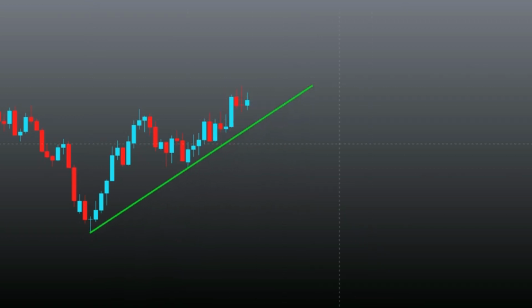Mr. President-elect, go ahead. If you are a beginner, I would recommend you first draw a simple price action trend